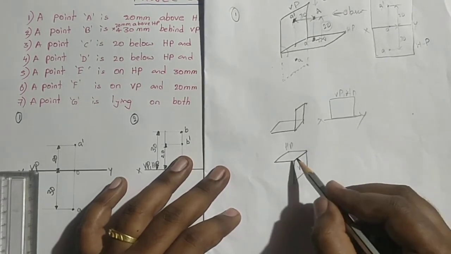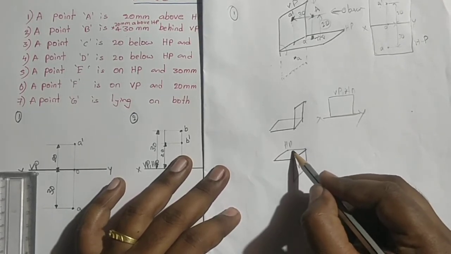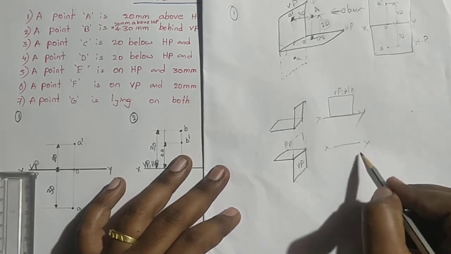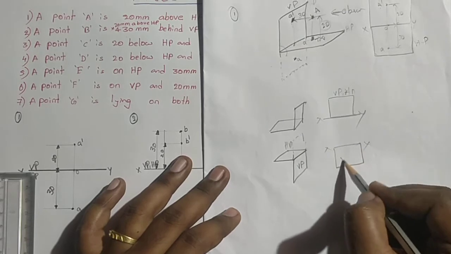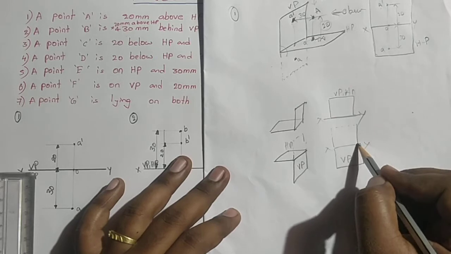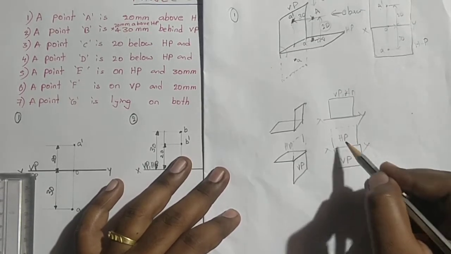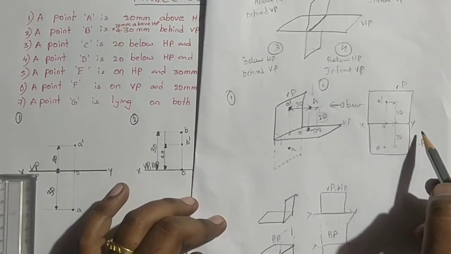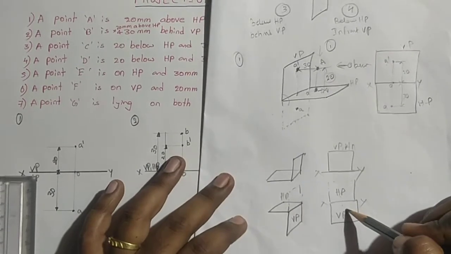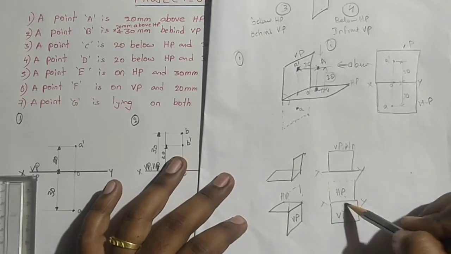When we rotate it 90 degrees, what happens? This horizontal plane will come up to here, so that it is the XY. The vertical plane is fixed, the horizontal plane is rotated, so that it will come above XY. For the third quadrant it is reverse to the first quadrant. In the first quadrant, VP is above XY, HP is below XY. In the third quadrant, HP is above XY, VP is below XY. It is reverse to the first quadrant.